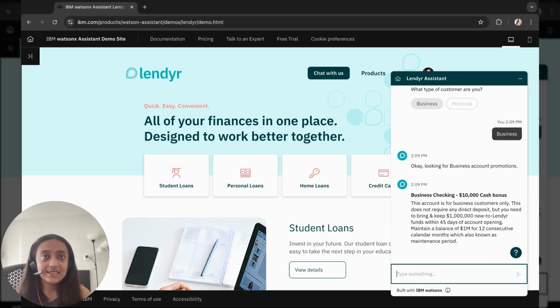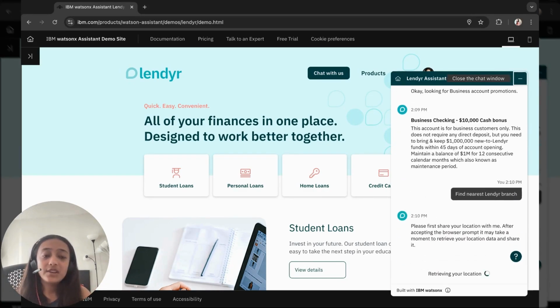The next is tell, do, and show. We can use Watson Assistant to help your customer in the way that serves them best. We can tell customers the right answers, we can perform certain tasks on their behalf, or we can show them how to do those tasks themselves. Now, my first question, to showcase the tell portion, is find the nearby Lender